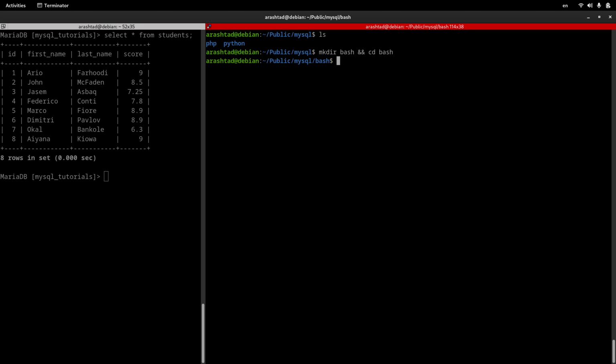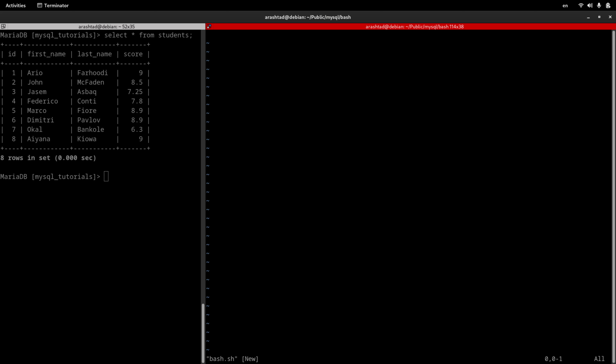And here I create a file using the Vim editor called bash.sh. sh is the extension for the bash script, of course. Now I'm good to go ahead and create my bash script. I start editing it by typing the wrapper, so it tells the system that this is a bash script. I can do it this way,